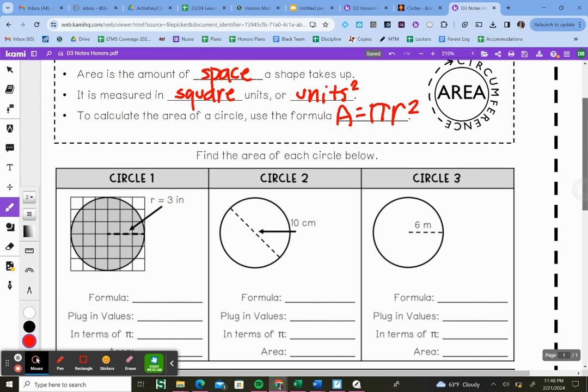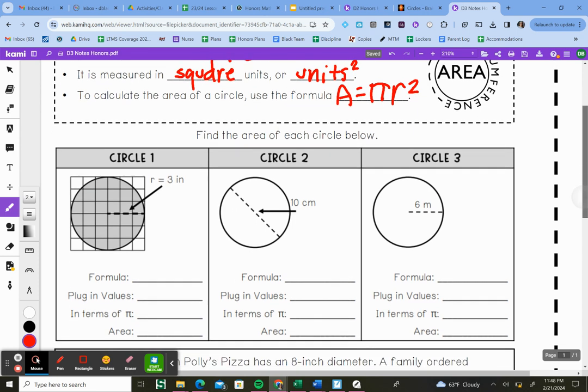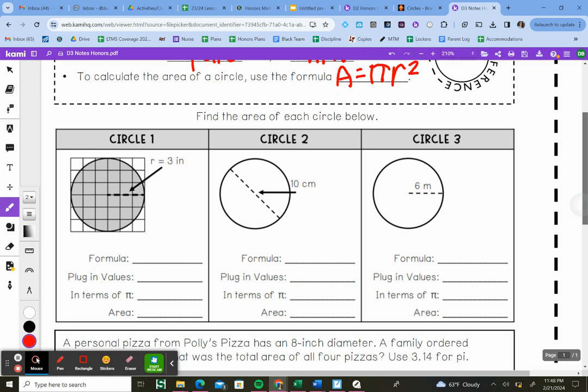All right, so let's test it out on circle 1. Circle 1 says the radius is 3 inches. I'm going to start by writing down my formula. In this unit, we're going to be using a lot of different formulas, so it's always good to write down which one you're using. Then I am going to replace the r with the radius. So I'm going to put pi